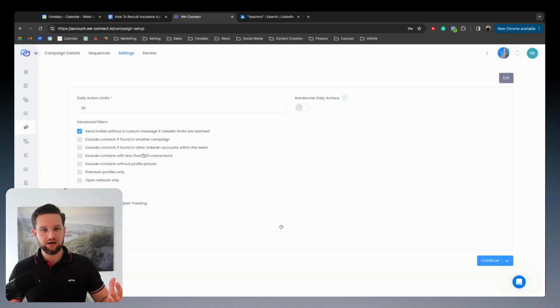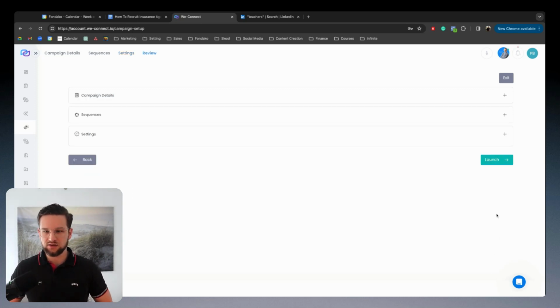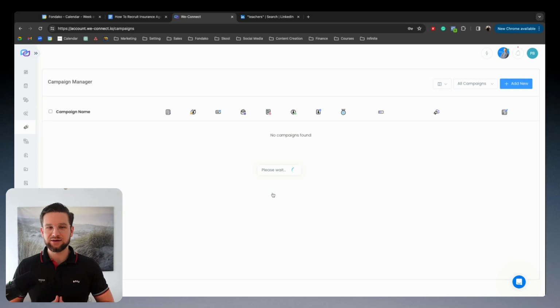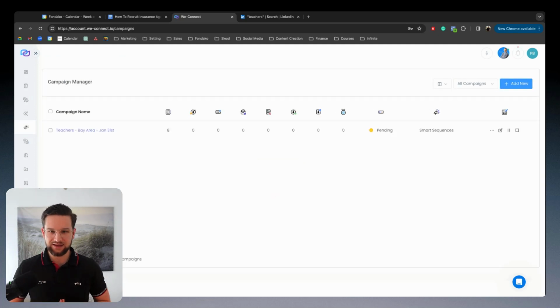So this is literally how you set up the campaign. We're going to click continue and launch. And this is done, guys. It was literally so easy, right? Now, this is going to launch by itself when the time comes where it's actually within your weekly schedule of sending connection. What you want to know now is how you're actually going to be able to get those people